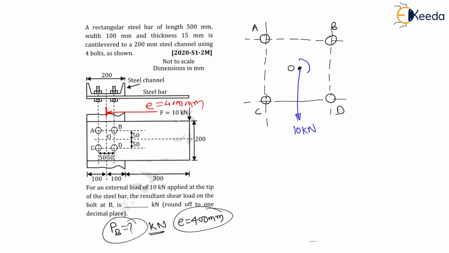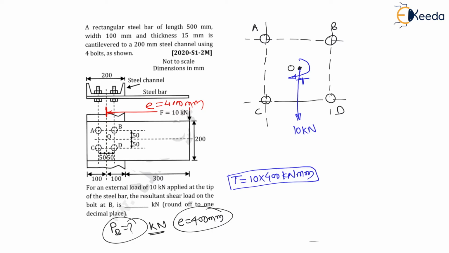And this moment is acting as a torque. This torque is nothing but 10 kilonewton into 400 mm, that is 10 into 400 kilonewton mm. This will be the torque, right? And my dear students, the purpose of these bolts is to resist this primary shear load of 10 kilonewton as well as this torsional shear, that is torque, to resist this torsional shear load also. Now because of these forces, in these bolts there will be primary shear loads opposite to the applied load. The applied load is in the downward direction.